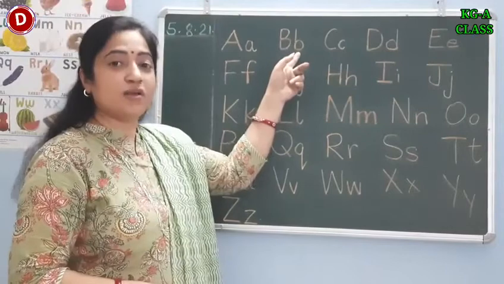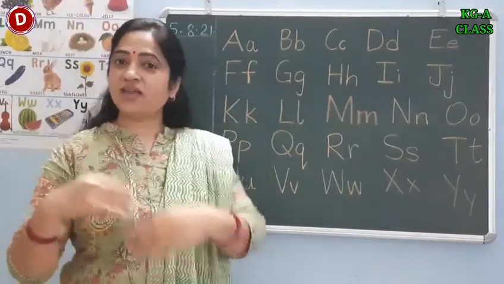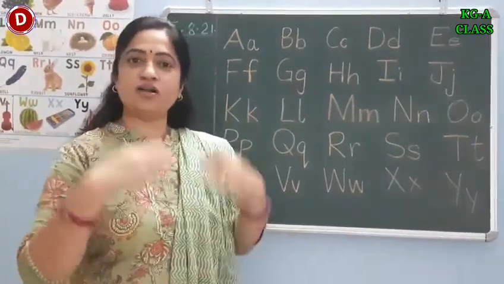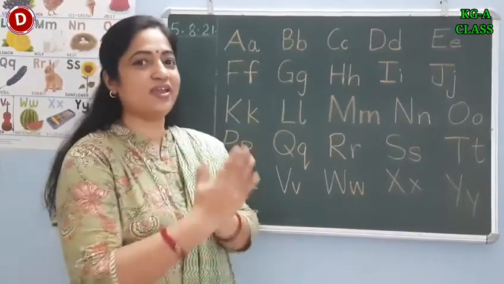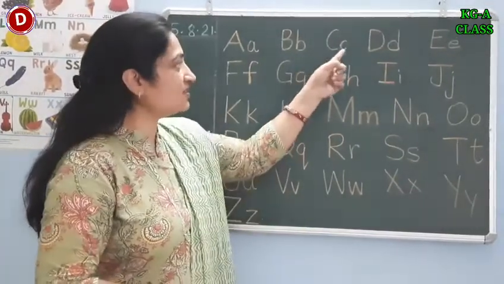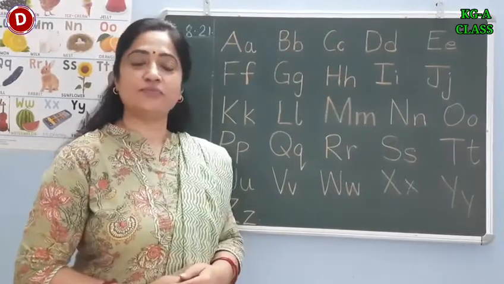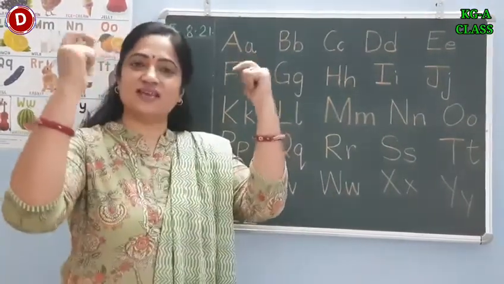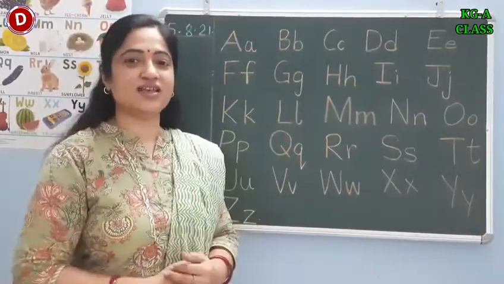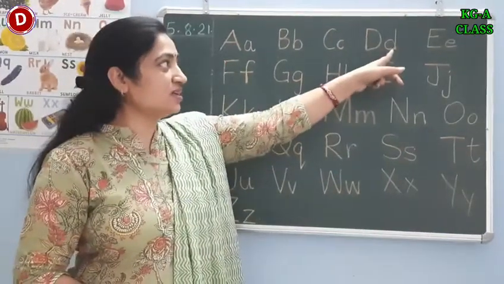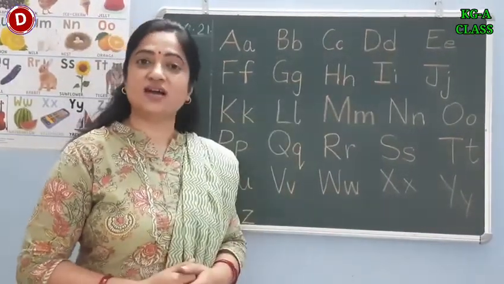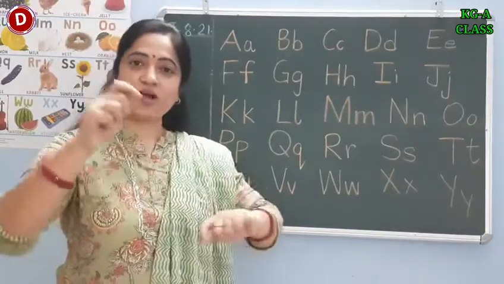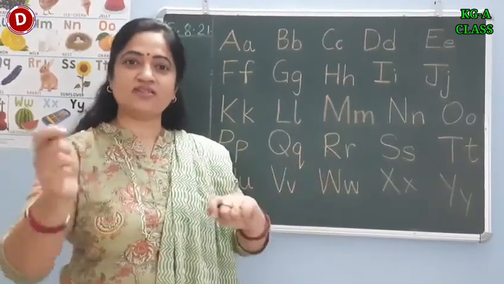B. Capital B, small b. B says bird. Bring your bat and bring your ball to the park to play. Bird. Capital C, small c. C says cow. We are clicking castanets. Cow. So C says cow. Capital D, small d. D says dove. See me play on my drum. Playing drum is a lot of fun.